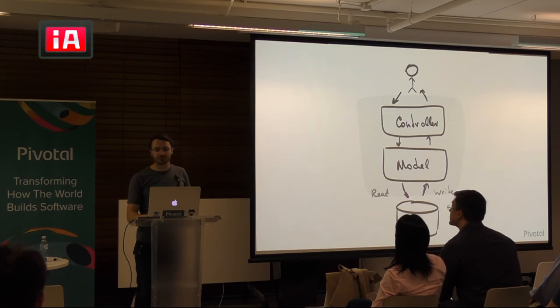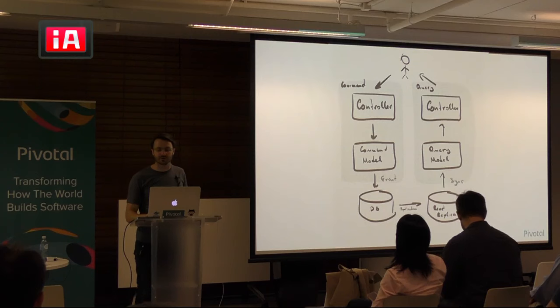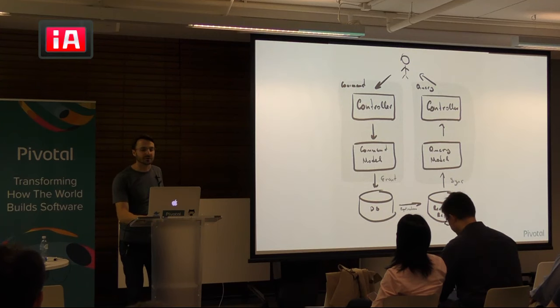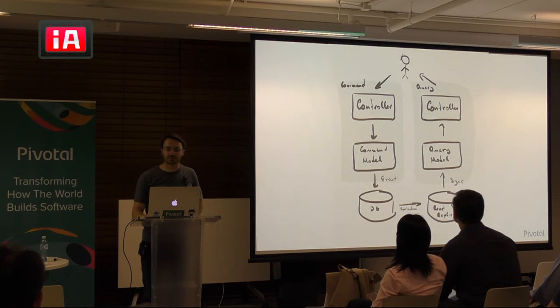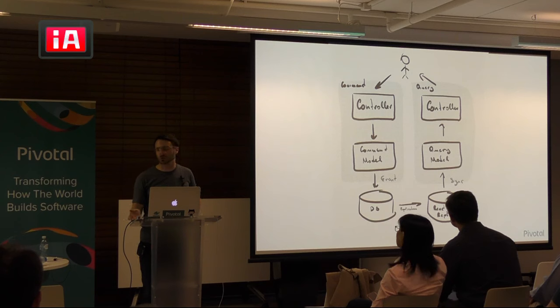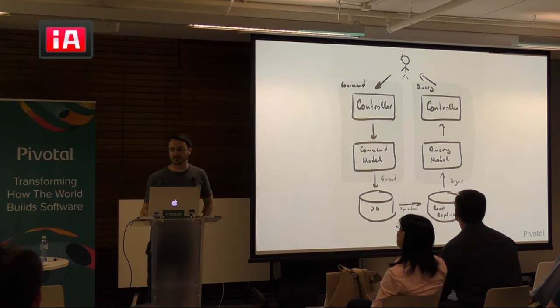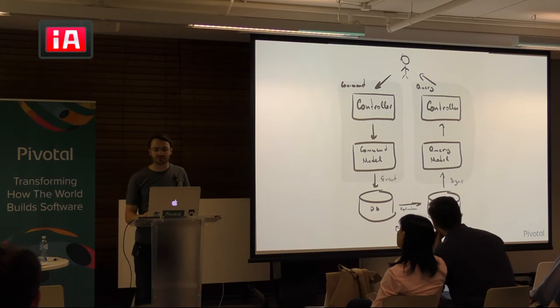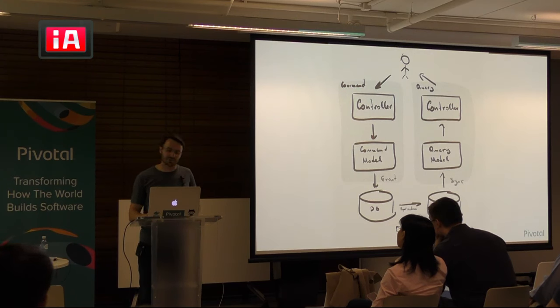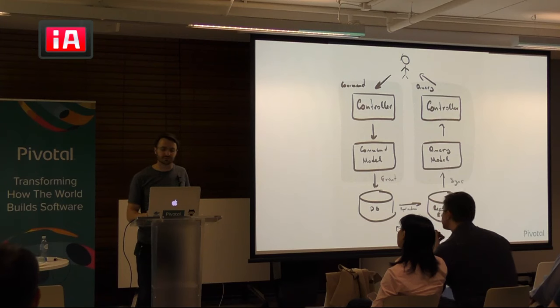So this is where you're moving from: this is your microservice, you've got your own model and database, and you move into this world where on the left you've got the command, and on the right you've got the query. You may have multiple query services, so you can imagine this could be your application on the right, or it could be an analytical service as well. The query model can be very different. You could have denormalized and normalized models as well, and you can scale these differently too.